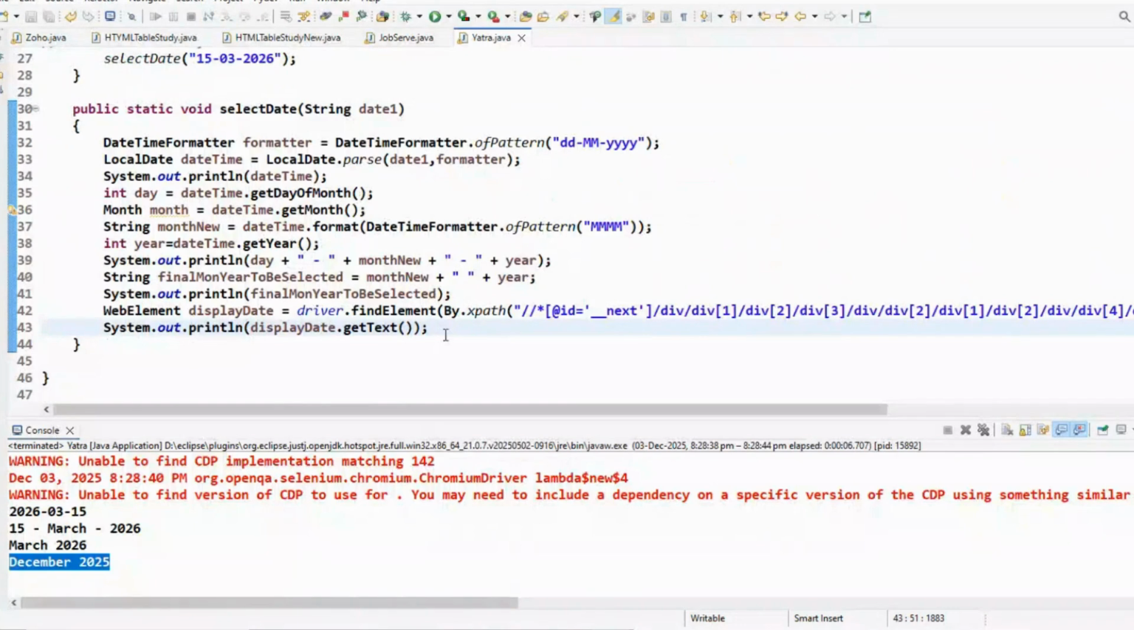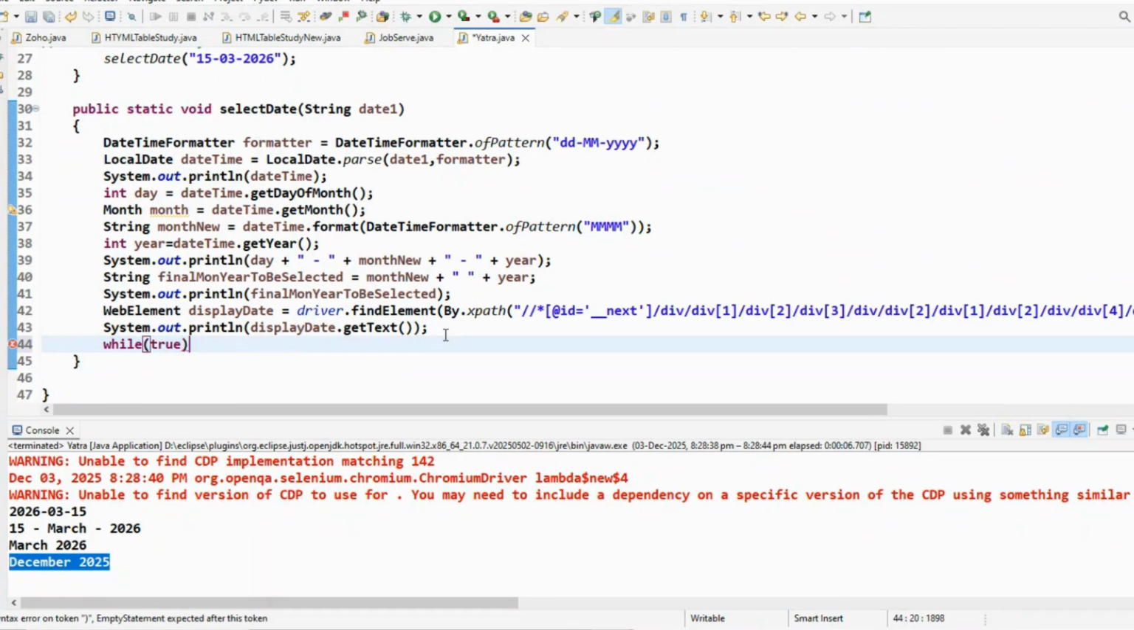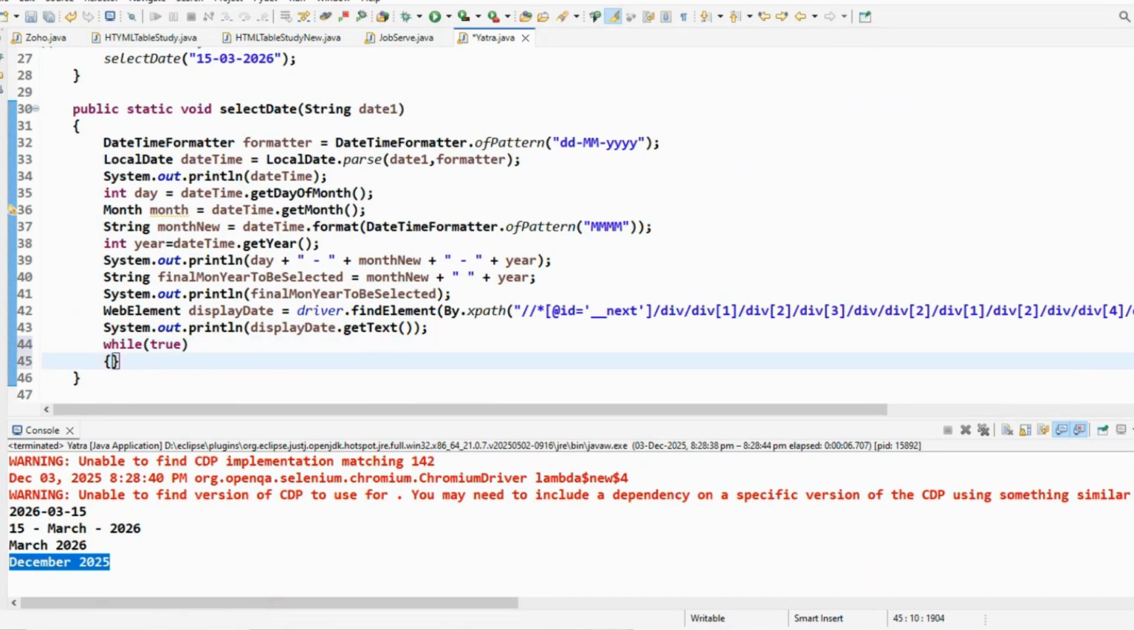I will go for the loop thing. I will say while, and I will run it on a true condition, while true. So what is the condition that,